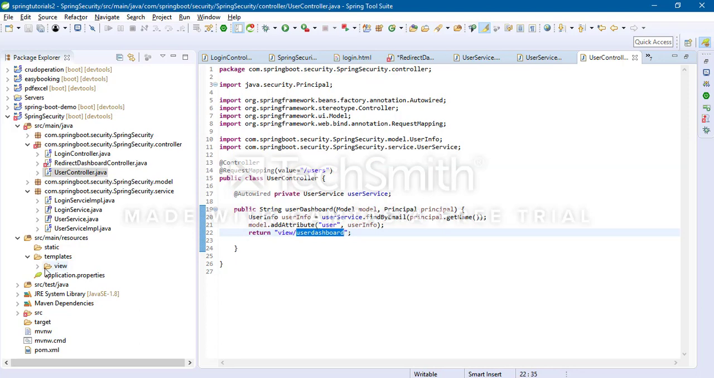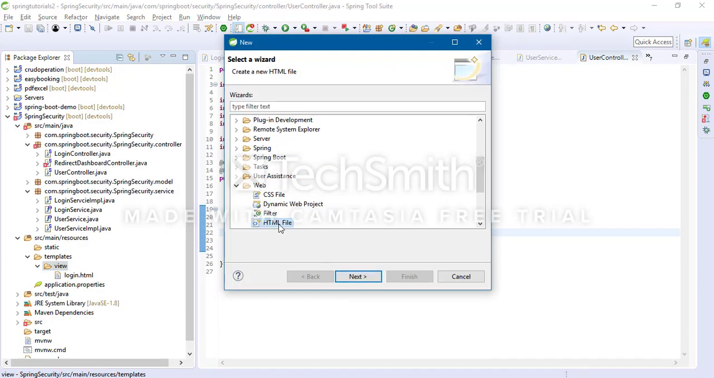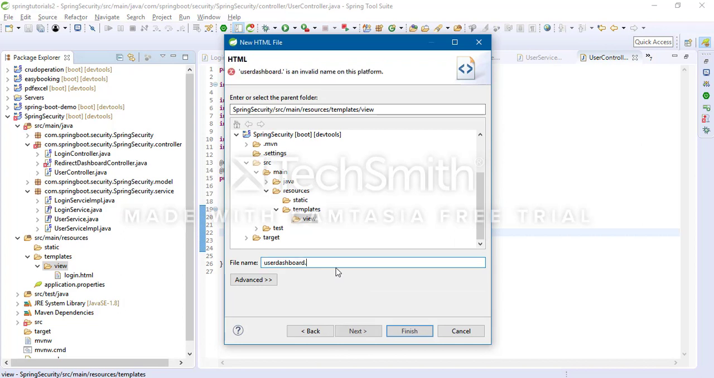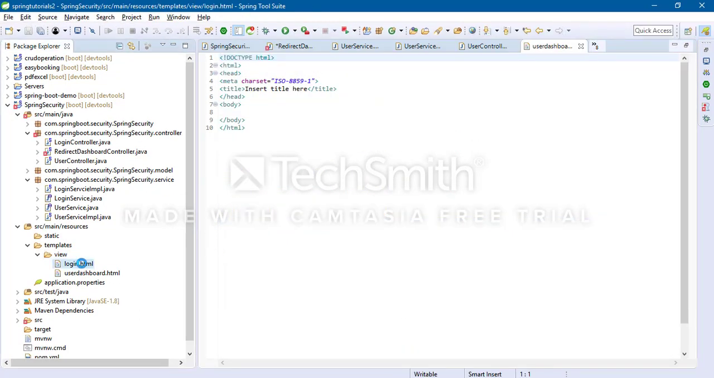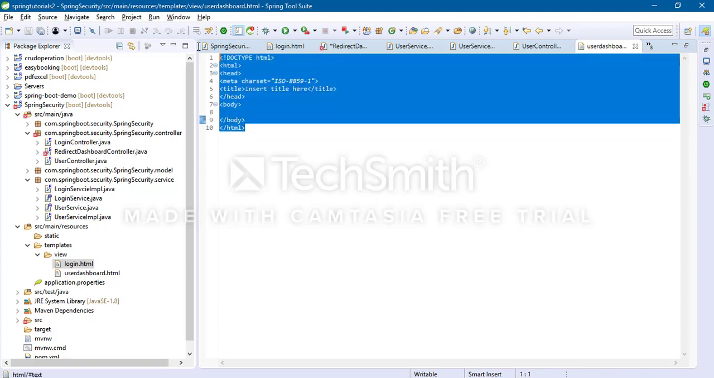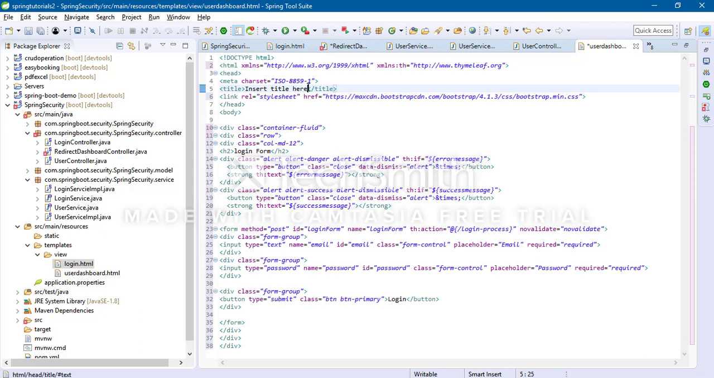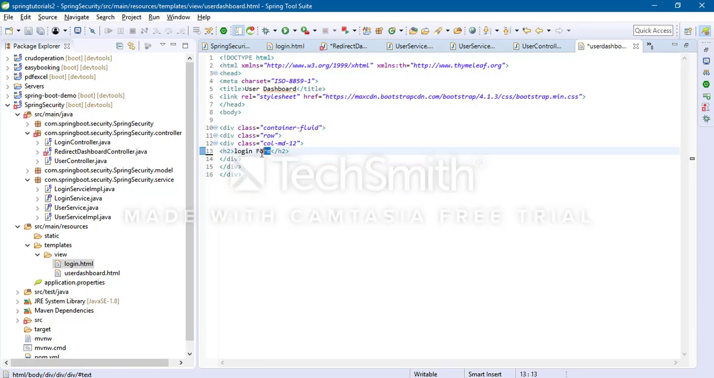Now I'm going to create user dashboard.html inside. Same thing, I'll copy paste login. I'll change the title to user dashboard. Here I will change everything. All these things I will remove. In H2 only I mention